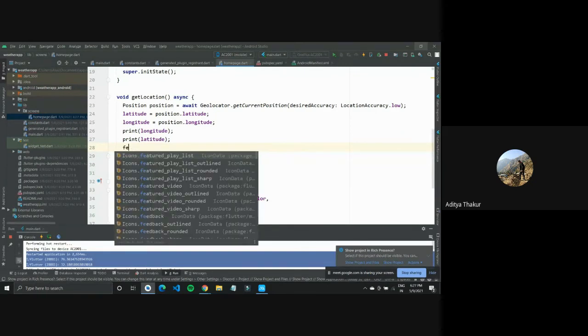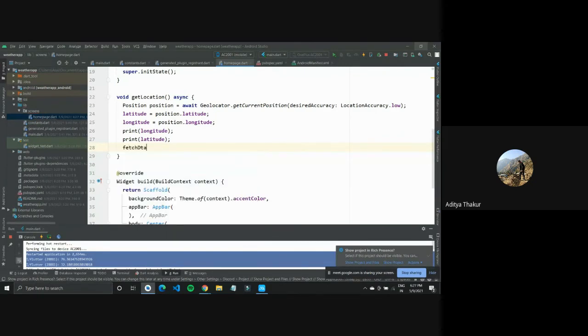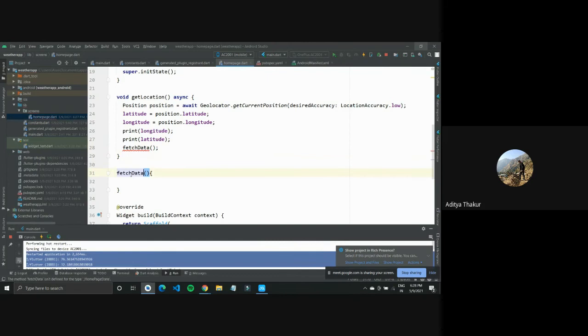So I'll create a function called fetch data. Again, nothing as such in it, but outside of this, I'll create a get data function, empty for now. So this error should, okay, I should create a fetch data function itself.